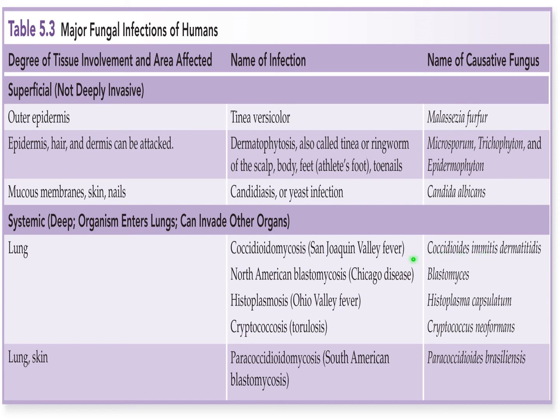Coccidioides immitis, causing coccidioidomycosis or San Joaquin Valley fever, is primarily seen in the southwestern United States because it likes to be in dry, arid soil. And Cryptococcus neoformans, causing cryptococcosis, is actually a fairly urban disease because this is primarily found in dried pigeon feces. And there is one other called paracoccidioidomycosis, called South American blastomycosis, caused by Paracoccidioides brasiliensis, but because this is primarily seen in South America, we won't discuss this particular one in lecture.